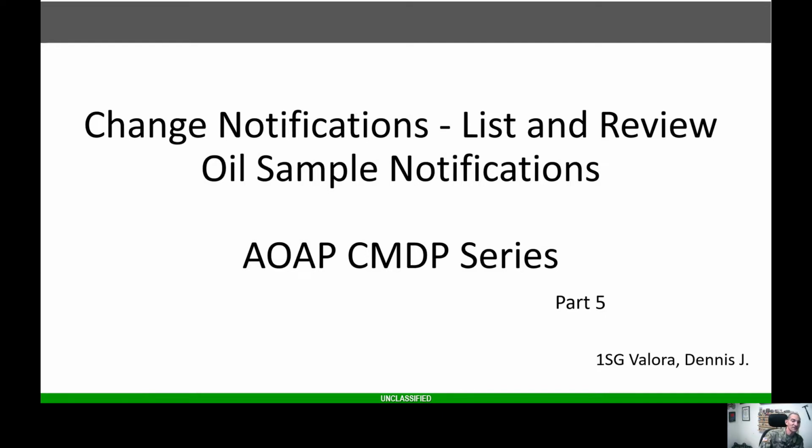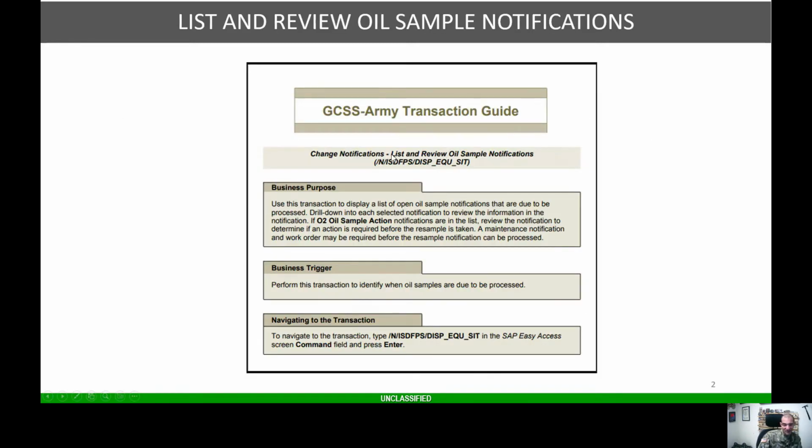So change notifications, list and review oil sample notifications. Like I said, this is straight out of EUM Plus. Use this transaction to display a list of open oil notifications that are due to be processed. You can drill down into each notification if O2 sample action notifications are in the list. Review the notification to determine if the action requires something before a resample is taken. A maintenance notification and work order may be required before a resample notification, so make sure we're tracking our man hours and so forth when we're managing and working with our AOAP